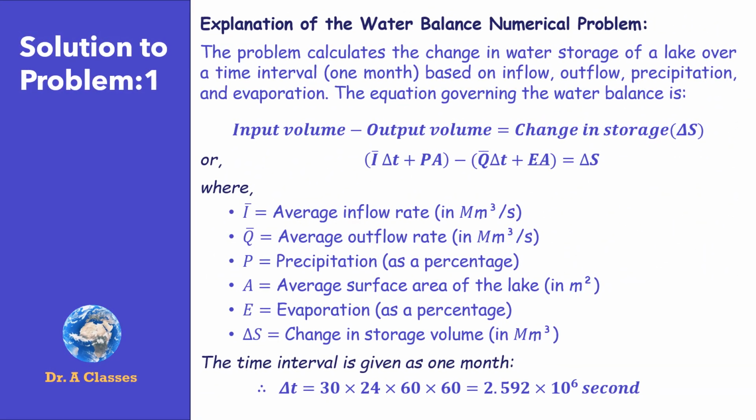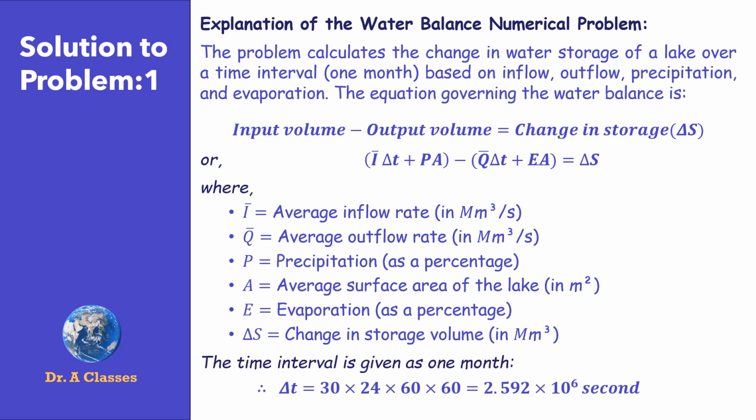Solution to problem 1. Explanation of the water balance numerical problem. The problem calculates the change in water storage of a lake over a time interval, that is 1 month, based on inflow, outflow, precipitation, and evaporation. The equation governing the water balance is input volume minus output volume is equal to change in storage, or I delta T plus PA minus Q delta T plus EA is equal to change in storage, where delta T represents